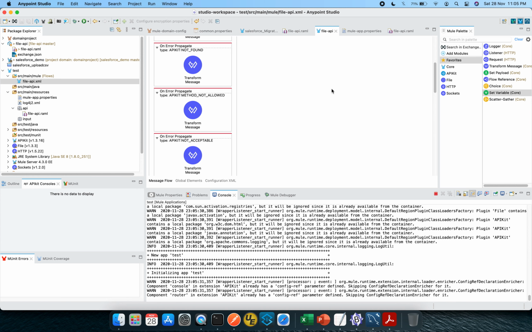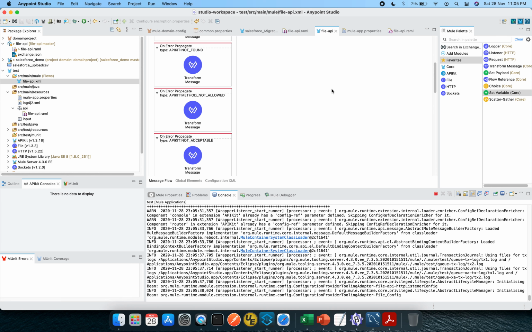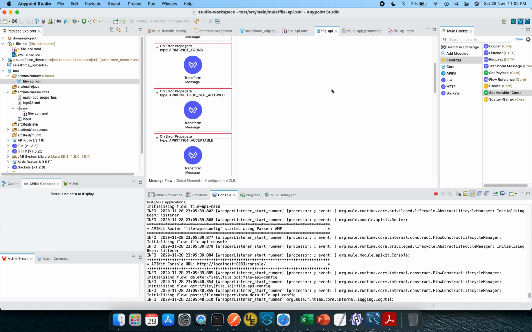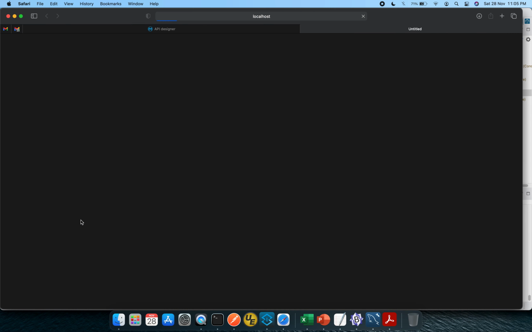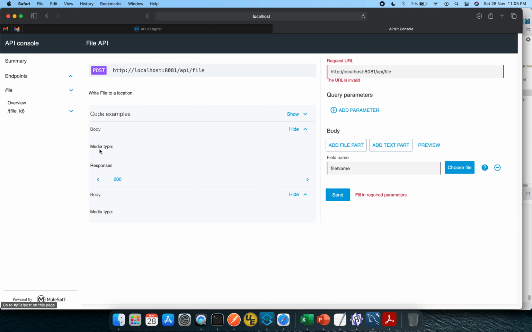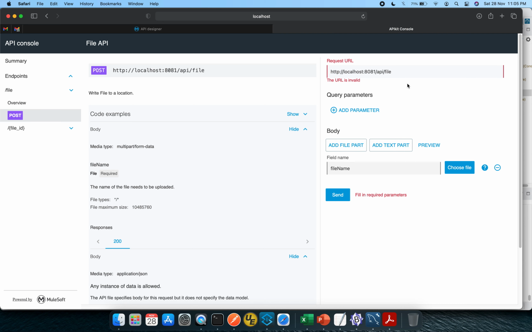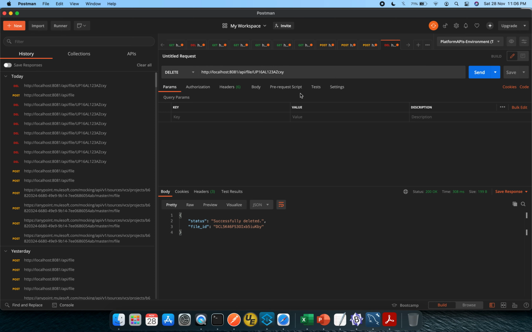It will take a couple of seconds to load, and we will see how we can achieve all the things. Now this is deployed, and if I click on this open console, you will see these particular options for post and file and get delete. But we can go both ways, either from here or from Postman. Let's go from the Postman side of it. It will be better to understand there.